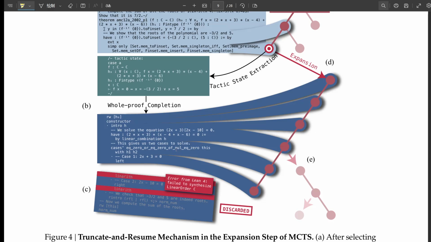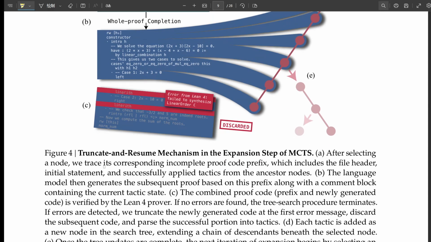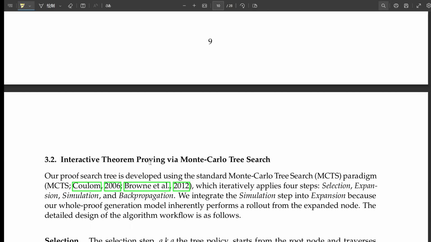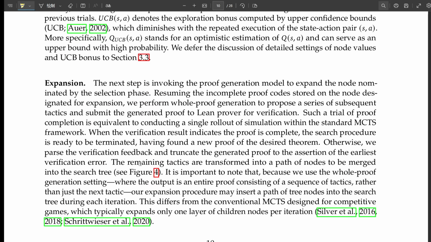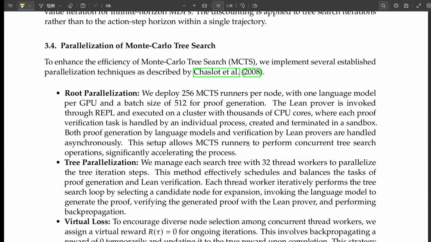It's more like a decision-making system that helps balance exploration with exploitation. The AI needs to try new things, but it also needs to leverage what it already knows. So it's like a treasure hunter who needs to balance searching for new areas with digging deeper in spots that have already shown promise. That's a great analogy. DUCB is a formula that helps the AI decide which tactic to apply next based on a combination of factors: the potential reward, how often it's been tried, and how recently it's received feedback. So it's considering its past experiences, potential rewards, and focusing on recent information. Exactly. And this combination of intrinsic rewards and DUCB within the RMaxTS algorithm is a major reason why DeepSeek-Prover-V1.5